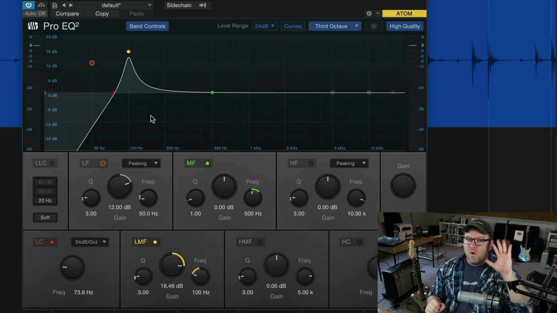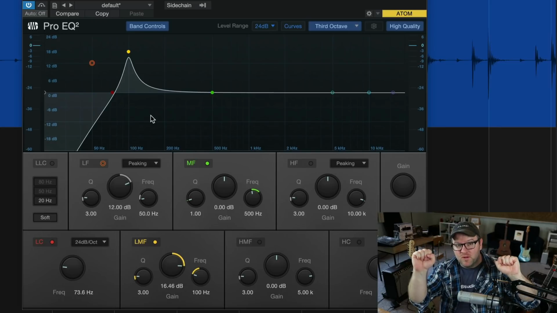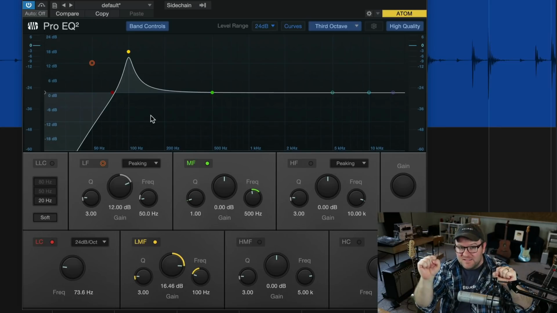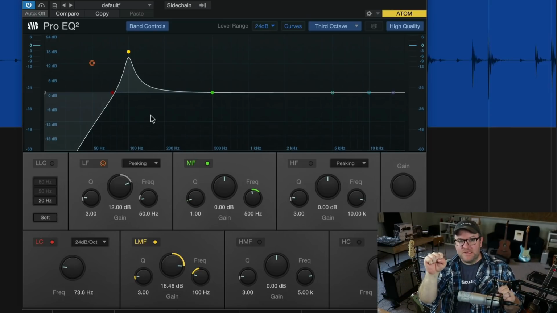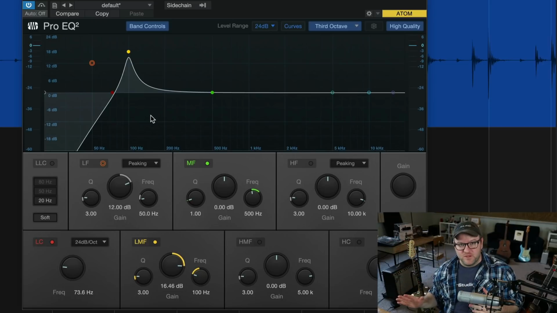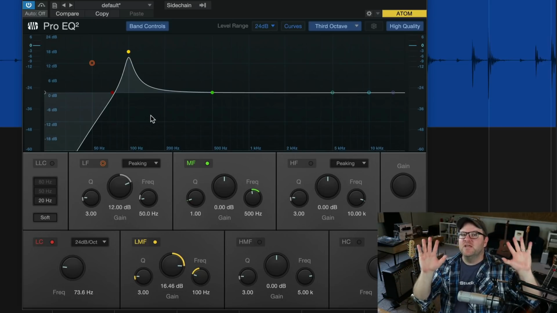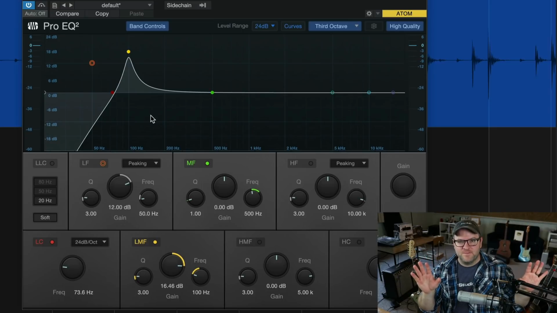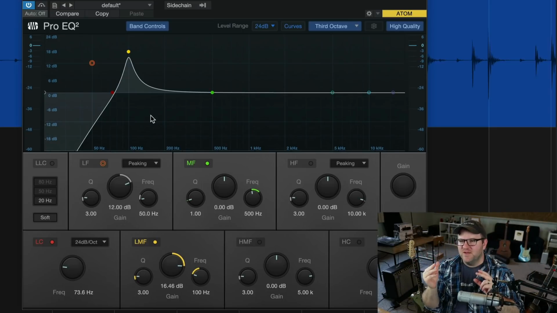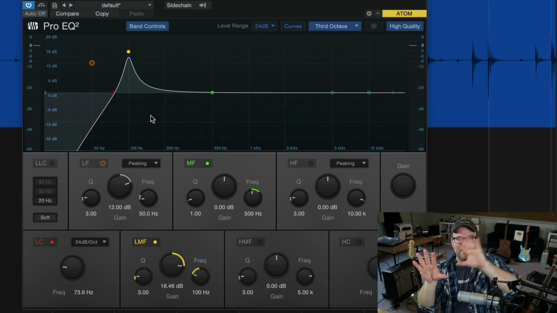In fact, 100 hertz is double the frequency of 50. It is an octave higher than 50. That's how frequencies work. If 50 is one note, then 100 is a complete octave higher. When you get up in the higher frequencies, if it's 5,000 hertz, you've got to go all the way to 10,000 hertz to go up a full octave. That's why our brains are a little bit tricky. There's a lot of difference in tone between 5K and 10K.